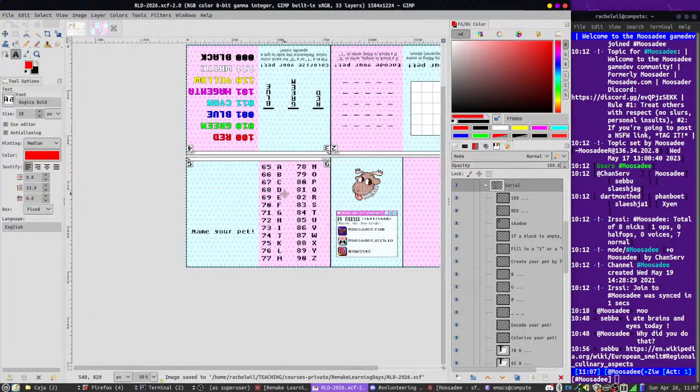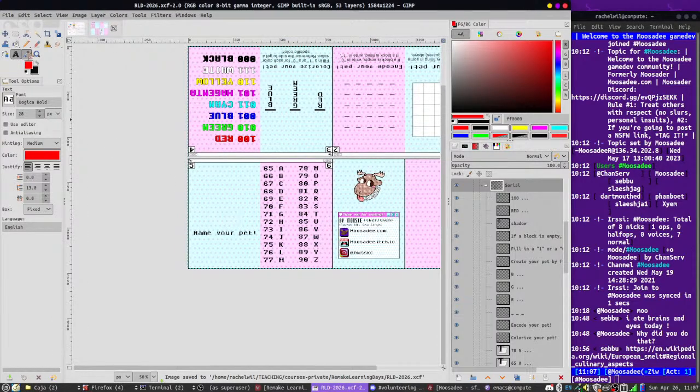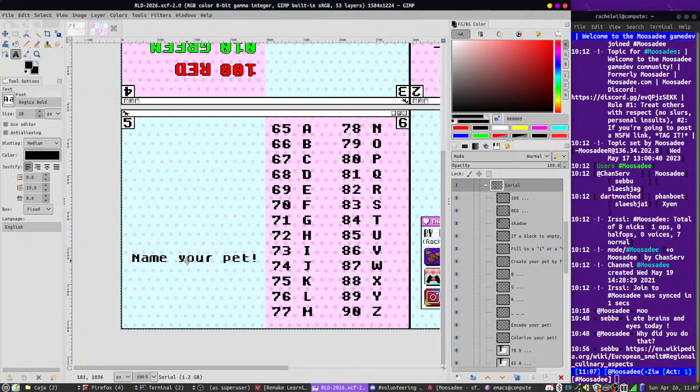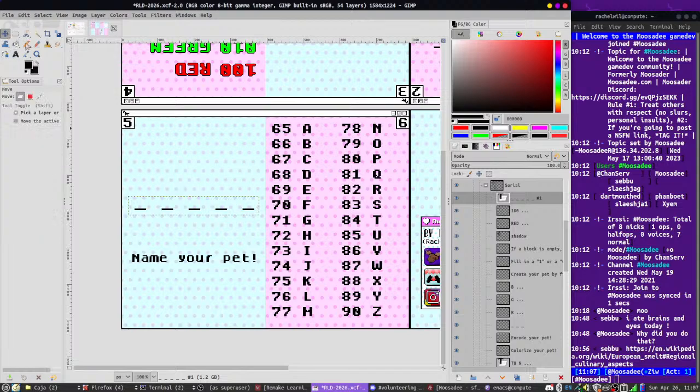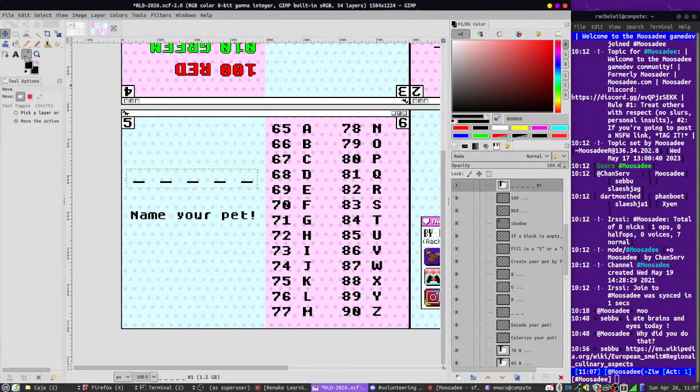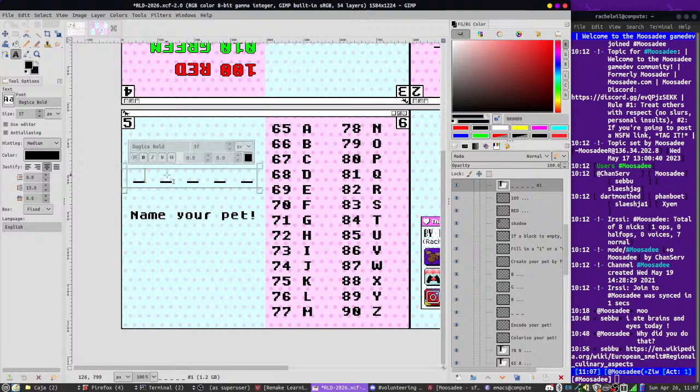Okay, I think that's okay. Maybe we limit the pet name length. My volunteers are just going to be entering a big string of numbers all the time. We'll limit it to 5. Honestly, actually, these should be longer because no kid is going to be able to... Well, some will have small handwriting, but